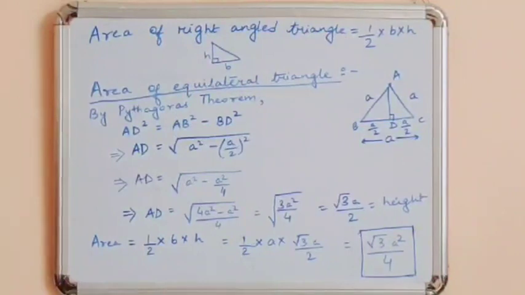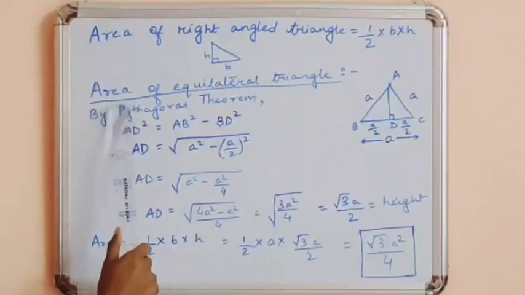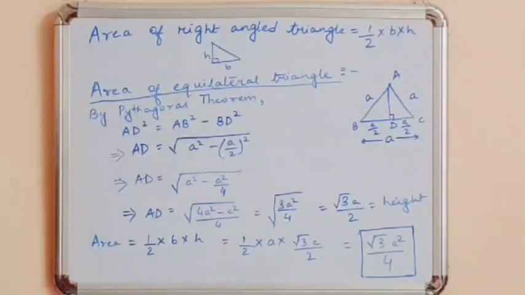Now we have many different types of triangle, like equilateral triangle, isosceles triangle, scalene triangle, and there might be a case in which the height or the altitude might not be given in the question. For that, we need to know the formula for area of those triangles. I'll show you the derivation of the formula. Actually, the formula for area of equilateral triangle is root 3 a square by 4. It is better if you can memorize this formula. You don't need to do all these steps, but this is the derivation. If you don't remember the formula, you can always use these steps to get the area.